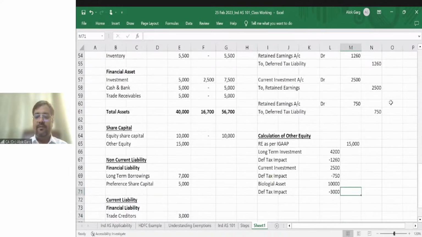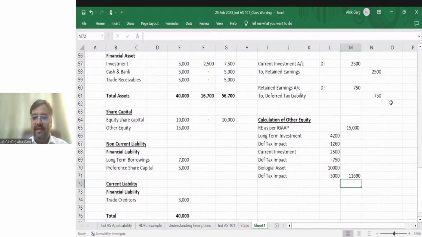Now, what is the total adjustment? The total adjustment is 11,690. And what is the total equity, total retained earnings, total reserves and surplus in Ind AS? 26,690. 11,690 is the adjustment. Total is 26,690. There is no change in borrowings and